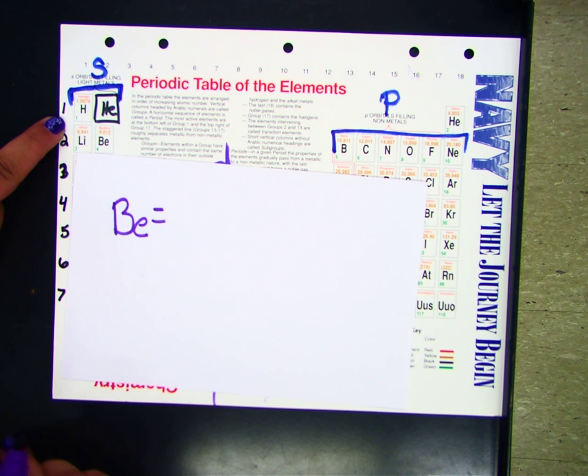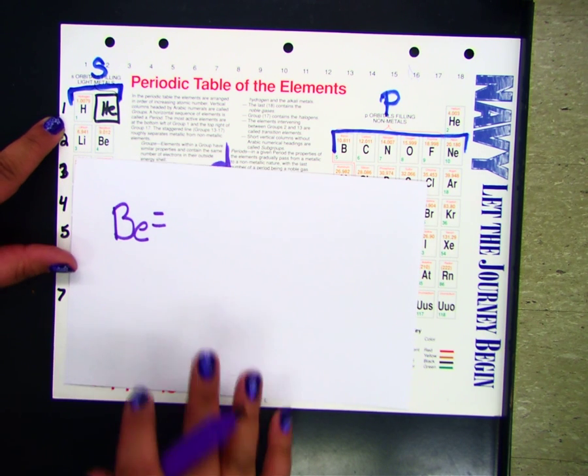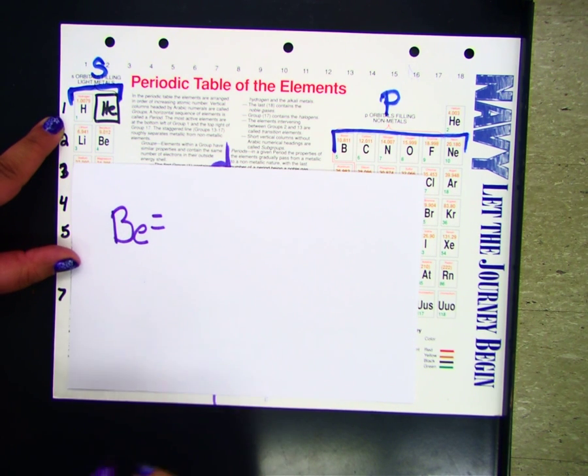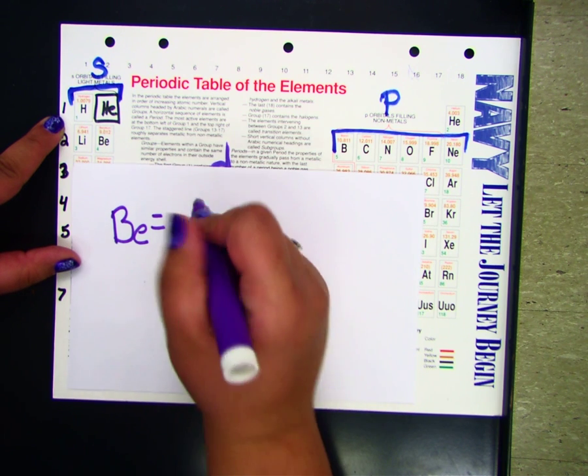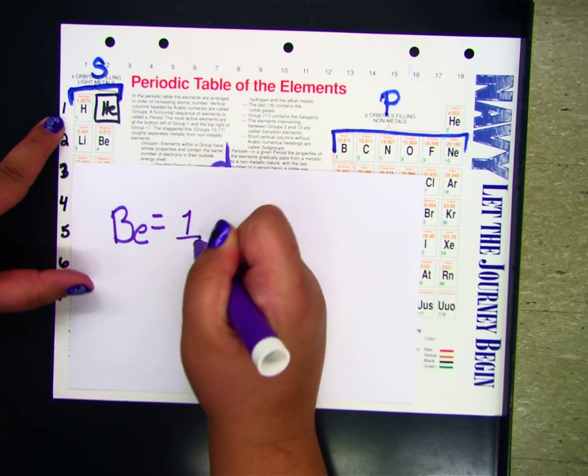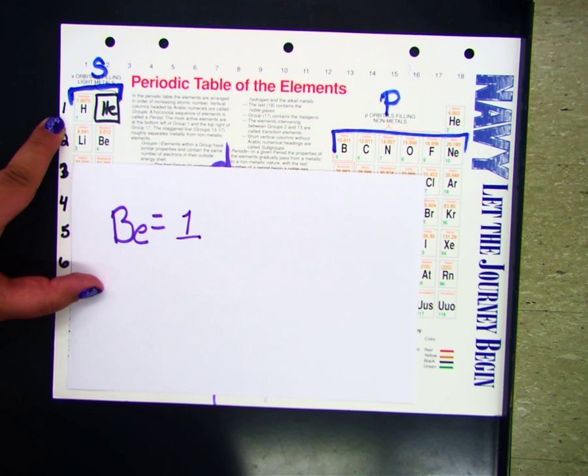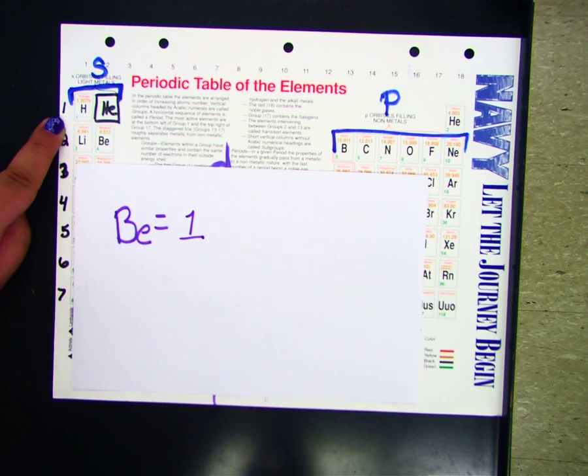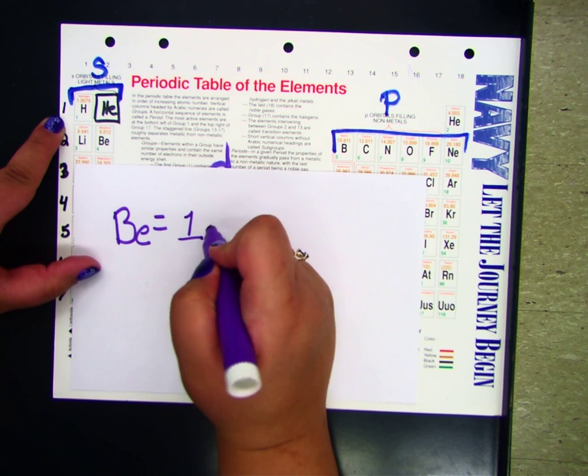So we always start at the beginning. So the first electrons are in what energy level? The first ones start in 1. We always start in 1. It's like reading a book. You always start at the top left and go all the way across before you go down to the next line. It's going to be 1s,